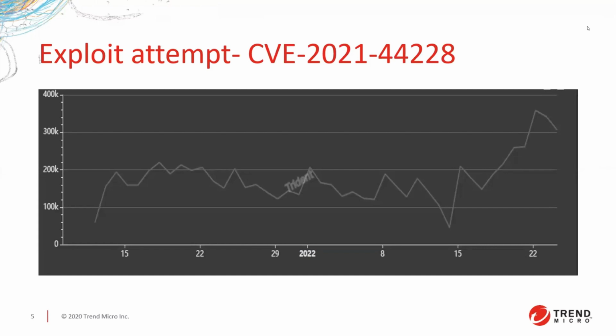So if you see, this is still growing, it's not going down. We have observed more than 300K just last week and this week. So the exploit attack is still happening for 44228. This is the most critical vulnerability out of the 4, which we should be focusing on and try to mitigate. Now I will hand over to